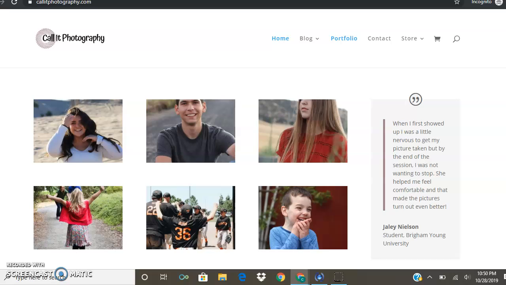This is a website that I use to just display my portfolio, and also I created a blog about photography tips, and then a store so that they can go ahead and book me and know my prices for my photography services. So on the front page, you see that I have my logo in the left-hand corner, which I